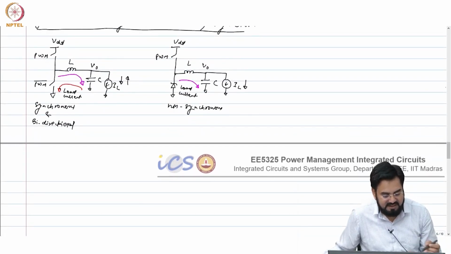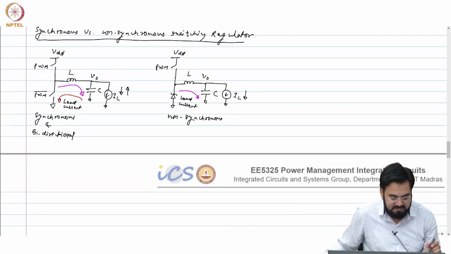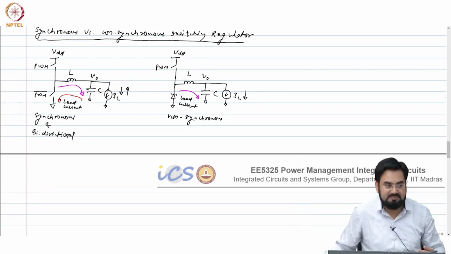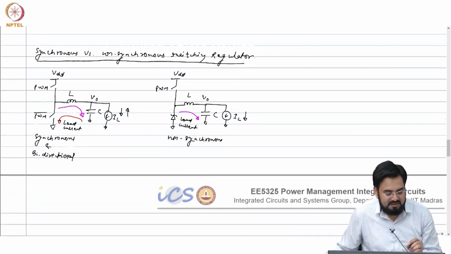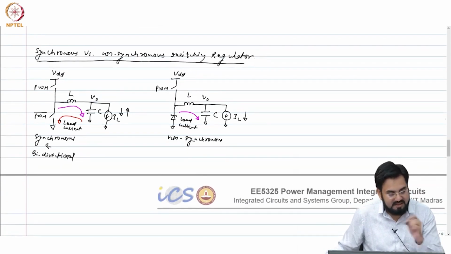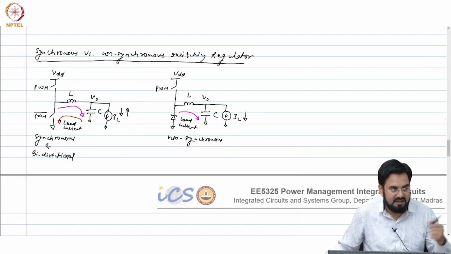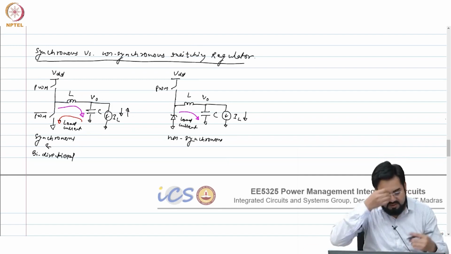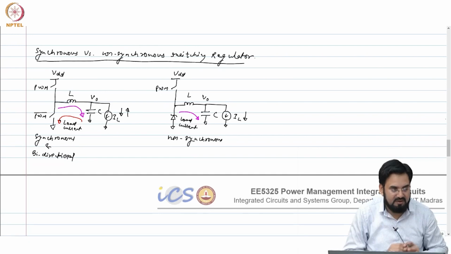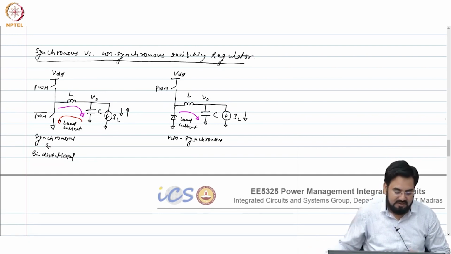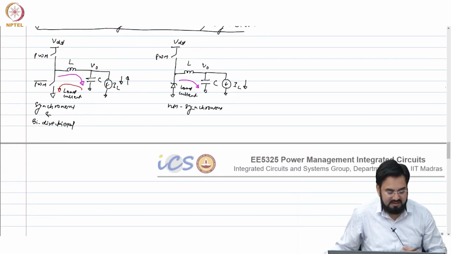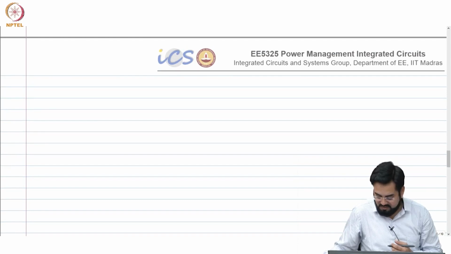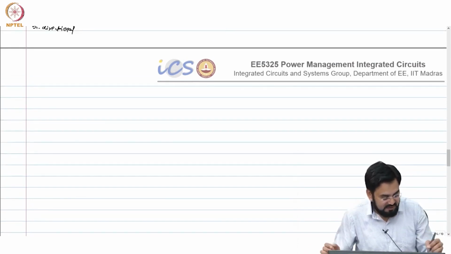In terms of efficiency, at high load the synchronous is better, but at light load your non-synchronous may perform better compared to your synchronous, and that is why we forcefully operate the synchronous converter in a non-synchronous mode at light load. Basically you convert this switch into a diode by using some kind of logic, and we will look at those circuits later when we talk about discontinuous conduction mode and all those. Okay. So, let us look at the